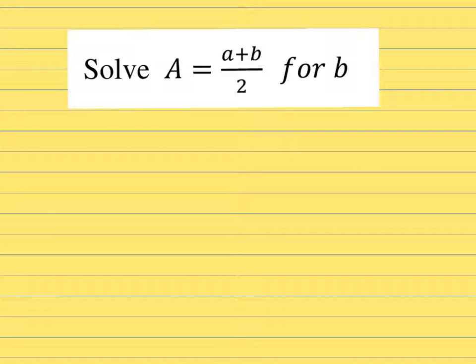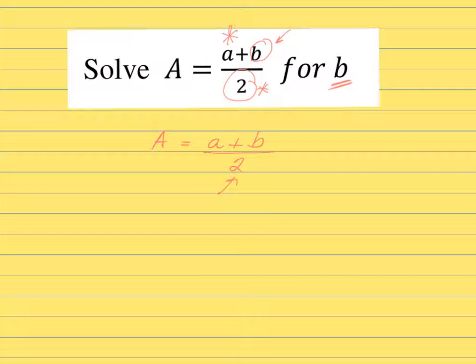Same steps. Your first step, you have to solve for B. B is over here. On the example that we were analyzing before, the terms that were affecting the variable were multiplying or dividing. When you're multiplying or dividing, it doesn't matter what operation you do first, okay? But in this case, you have A that is adding, and then you have the 2 that is dividing the addition of A plus B. How are you gonna solve for B in this case? Okay, first you're gonna get rid of